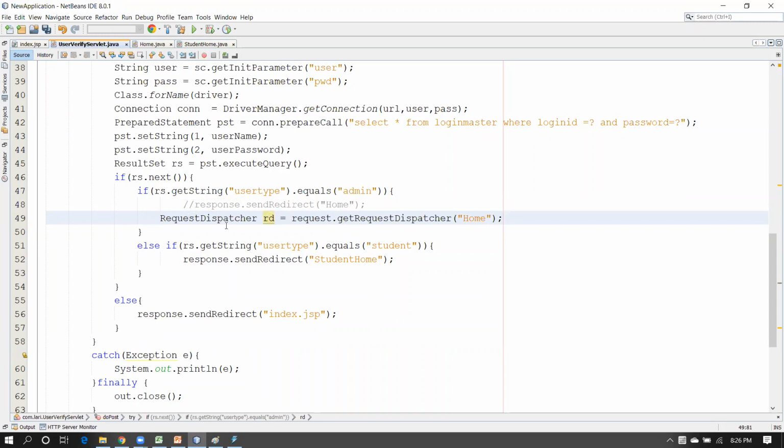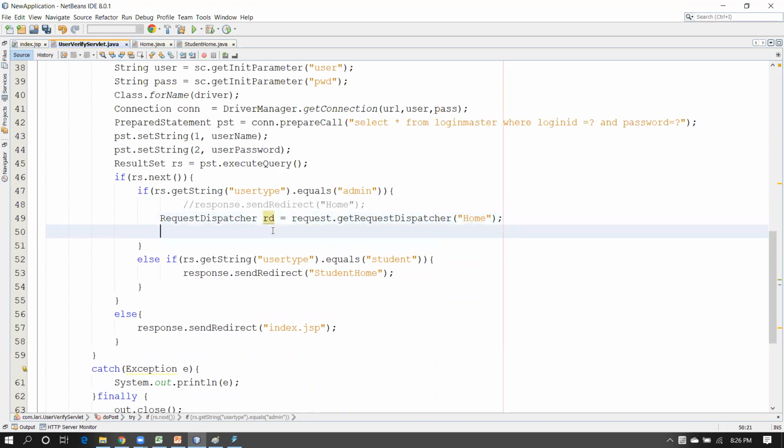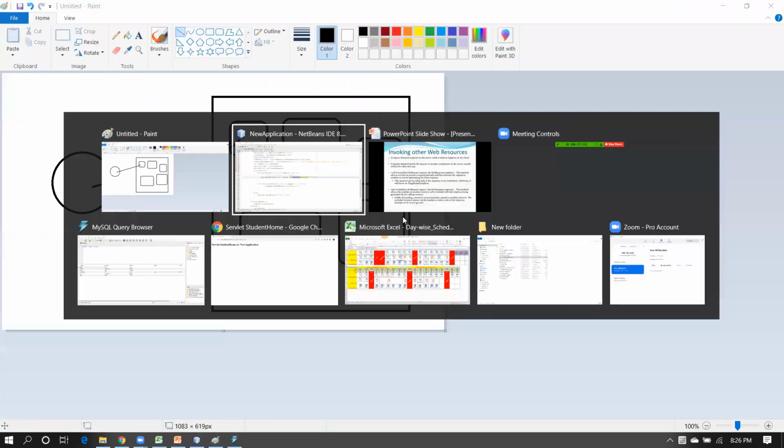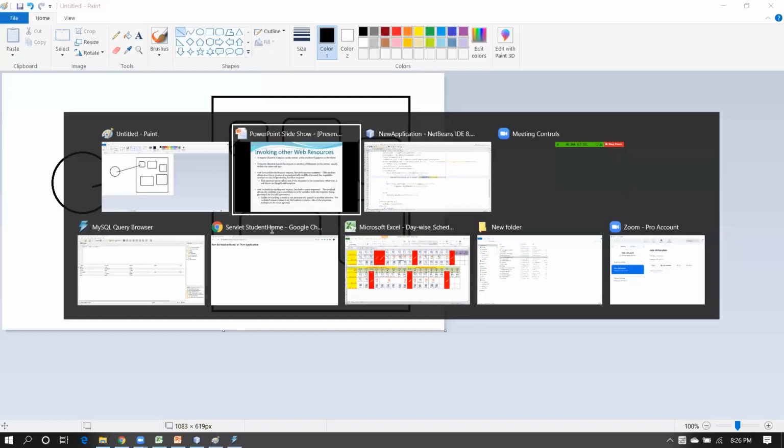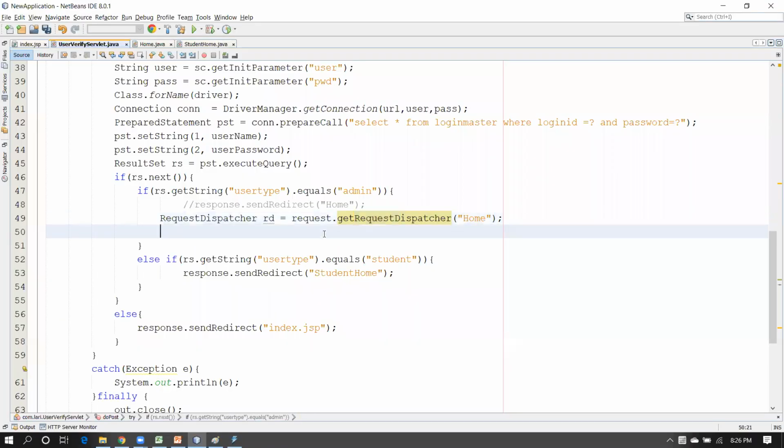Fine. And after that, when you create the object of RequestDispatcher, you need to do one thing, either forward or include. So I'm going to use the forward one here. So rd.forward,